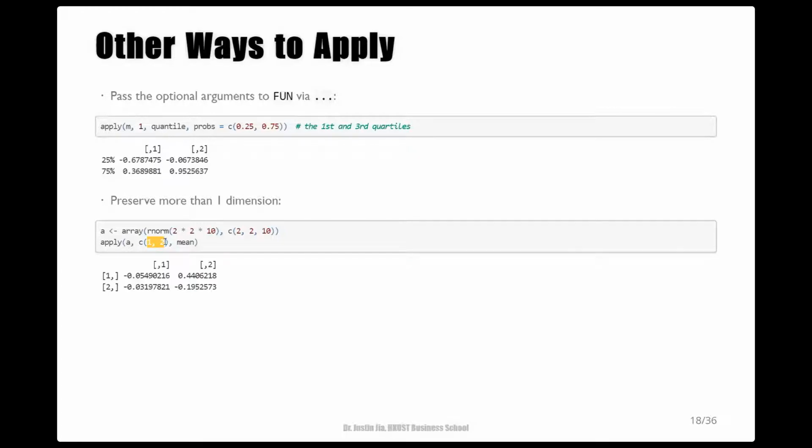And what this call will do is, it will take the array and average over the third dimension and give me this mean matrix. And this is what I would like to introduce about the apply function.